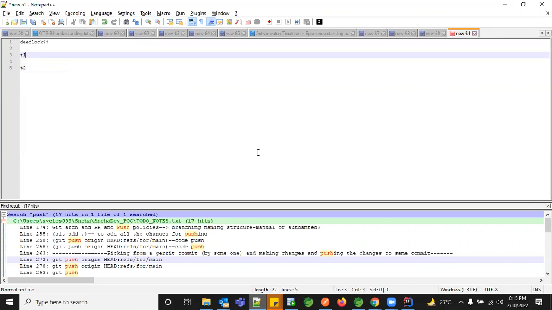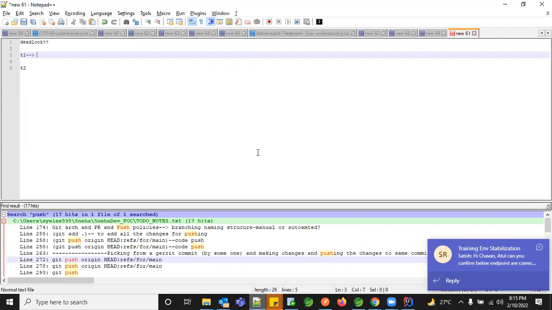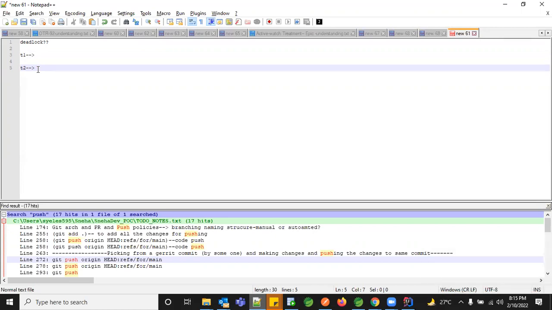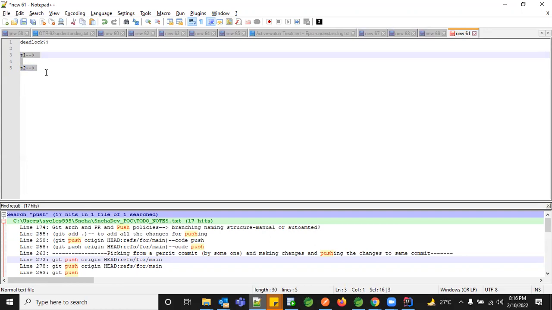If I'm not giving thread dot sleep of some 10 seconds or 500 milliseconds, this T1 will have the control and it will execute. By the time I'm also giving T2 dot start, this is also started and going into the run method and using the same thing. So both are actually waiting for the resources. Someone has to release the lock. Unless one releases, the other thread cannot consume it. So this would be like a deadlock situation, like an infinite thing. T1 depends on T2, T2 depends on T1, but both will not release the lock unless you tell them explicitly. Such situations fall into deadlock.